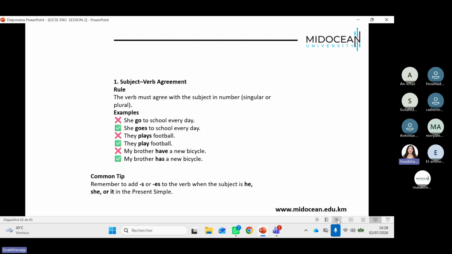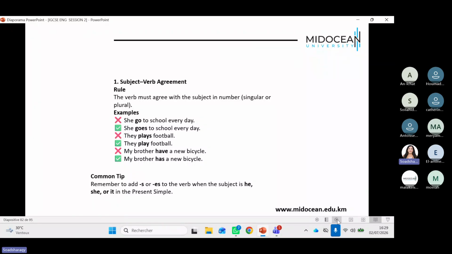So here we have, for example, number 1, subject-verb agreement. The rule: the verb must agree with the subject in number, singular or plural. Example, "she go to school every day", so this is wrong. We say "she goes", okay? So the verb agrees with the subject. The third person singular, we add es. She goes to school every day. "They plays football", this is wrong. They play football, okay? "My brother have a new bicycle." My brother has a new bicycle. So remember to add s or es to the verb when the subject is he, she, or it in the